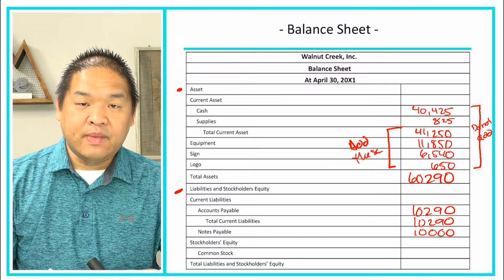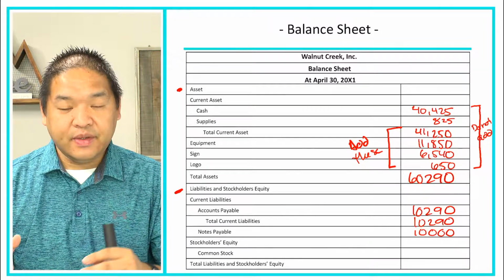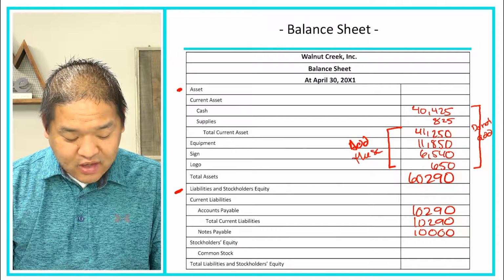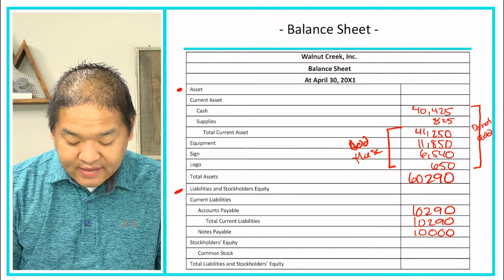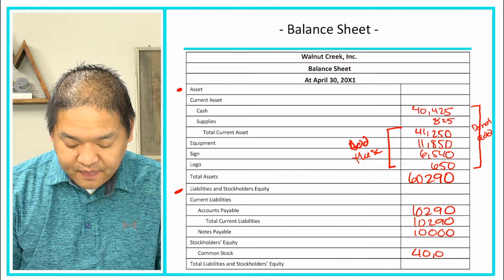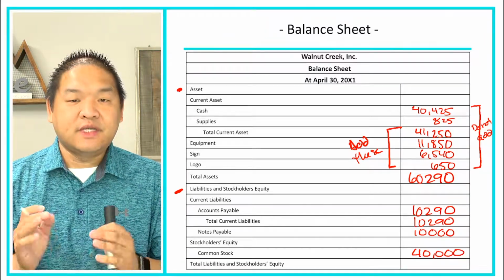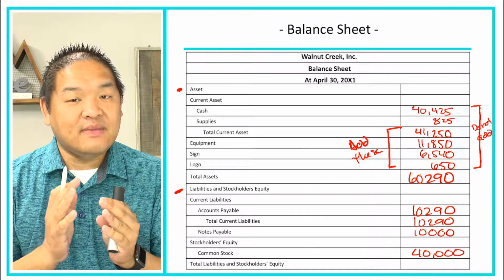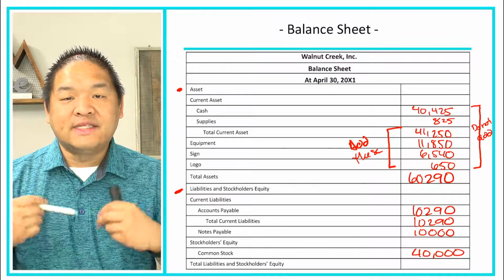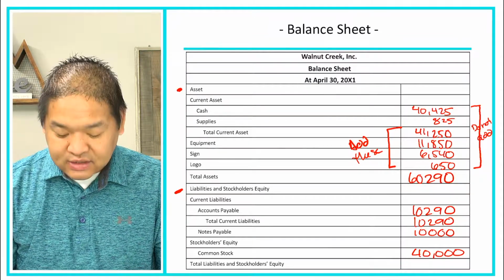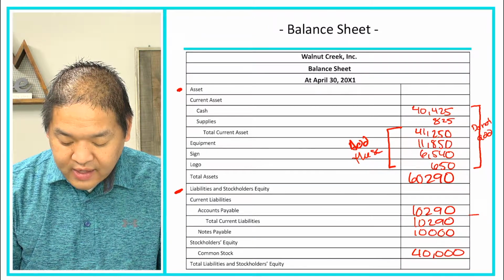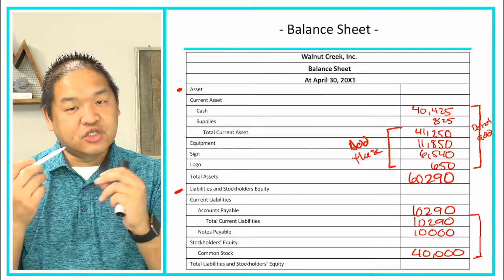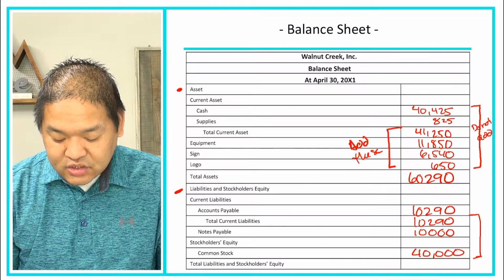At the very end, we want to make sure that our total liabilities and stockholders' equity actually equals our total assets. So moving on to common stock. Common stock I had at $40,000 even. And so once we've done that, we'll add up all of our liabilities and stockholders' equity. Same issue as before. We don't want to double count our current liabilities. So we're only going to add up these 3 numbers instead of the 4 numbers because we totaled. So if we add up those, we should get